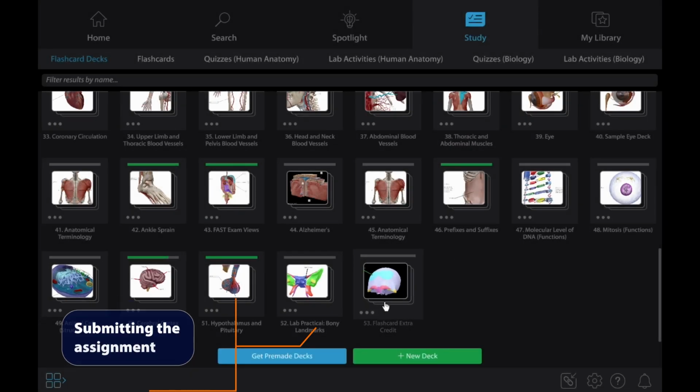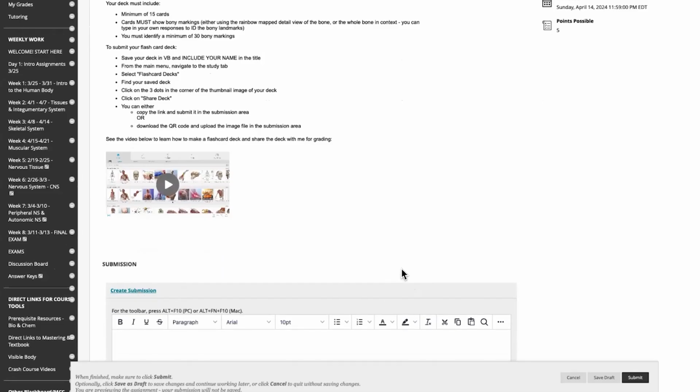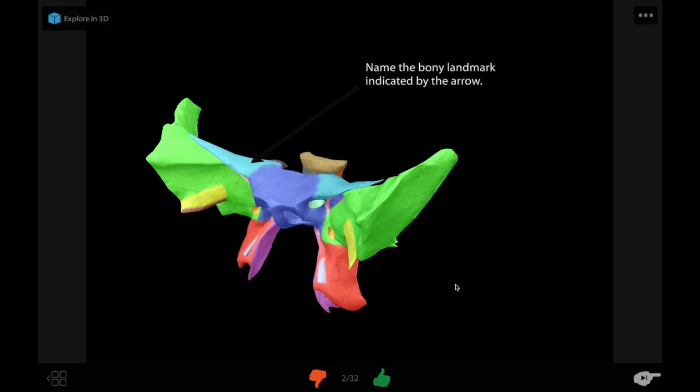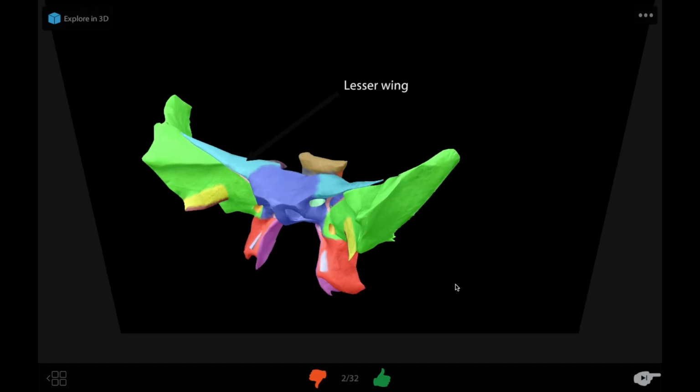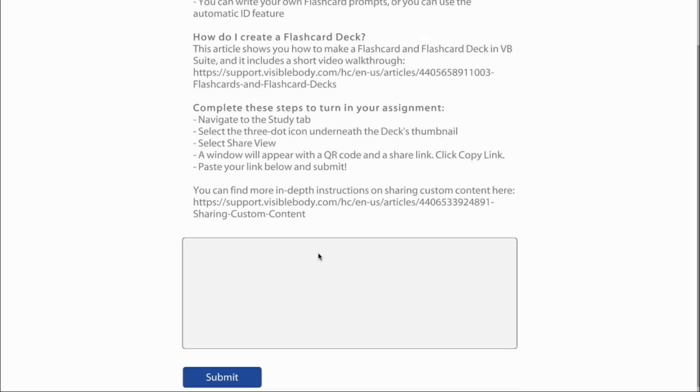Students submitted their flashcard decks by generating a share link or QR code and pasting that into Blackboard. Then, Jenn could open each deck in VB Suite to grade the assignment. Another option for assignment submission is to have students paste their deck's share link into a short answer quiz in